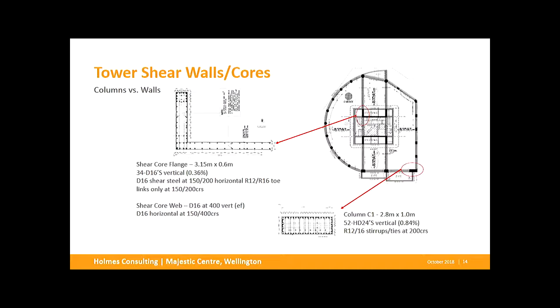And so that element looks a lot like this column out here in terms of dimensions and area, yet this column was a very well-detailed ductile moment frame system, with plenty of vertical reinforcing, so not huge volumes, but getting up towards 1%, and very good stirruping, so tightly spaced sets of stirrups, well confined. It looks a lot like a modern reinforced concrete column, where this flange had almost a third less vertical reinforcing, very low levels of vertical reinforcing, and very light